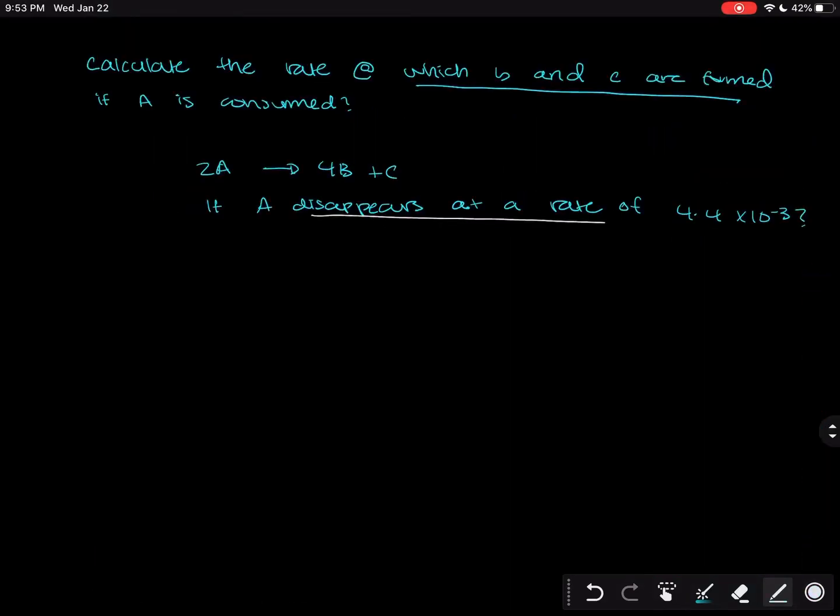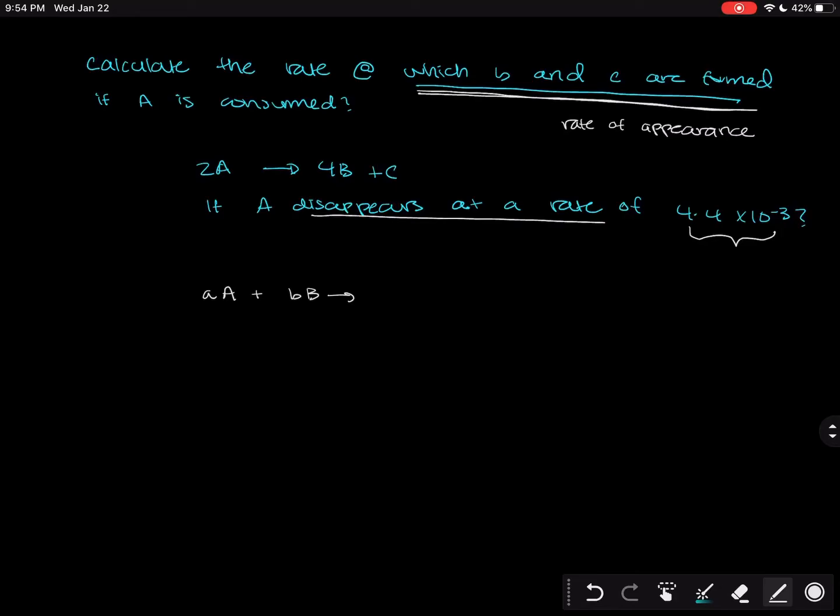When attempting to solve this question, I think it's valuable to ask yourself, what is this question actually asking me to solve? So it's asking for the rate at which B and C are formed. So that's going to be the rate of appearance. Okay, and what it's giving me is the rate of disappearance of A. So I'm going to think back to the equation that's going to relate everything together, and that is going to be the one that says if we have something like this,